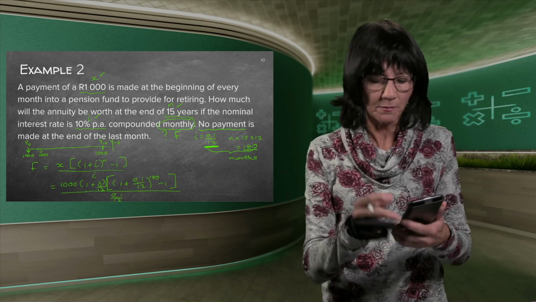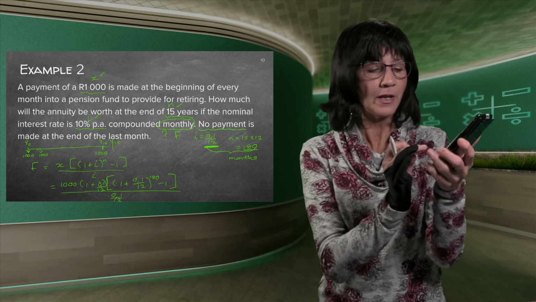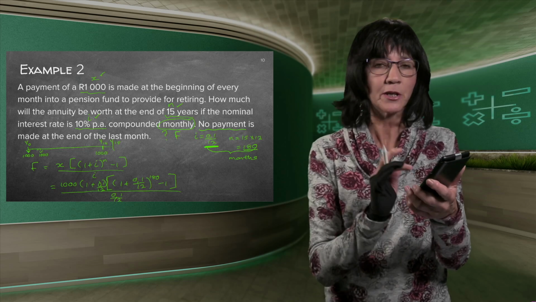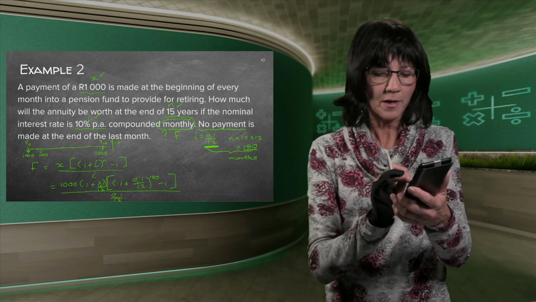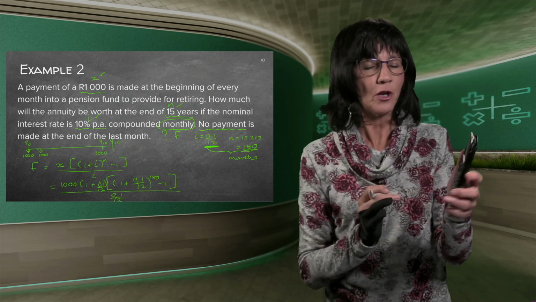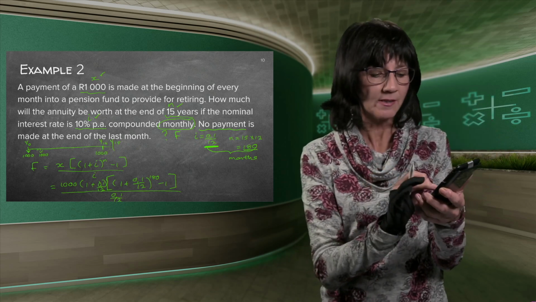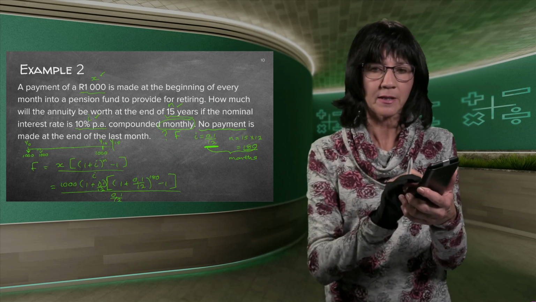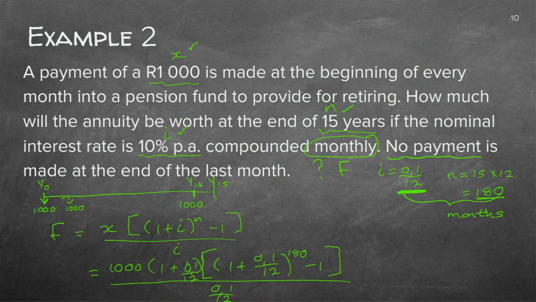So if you do that on your calculator, maybe we should just do this one because it's a bit more complicated. You do your fractiony button here on the very left-hand side. You slot in 1,000, make sure about the noughts, bracket, 1 plus fraction 0.1 over 12. Make sure, look at your calculator's display, so that it says 0.1 over 12. Go with your cursor to the right-hand side, close your bracket. Now I make another bracket next to it. And another bracket. Can you see there's actually a square bracket and a round bracket? But my calculator only has round brackets. So I make 2 round brackets, and in the one I slot 1 plus fraction, which is 0.1 over 12.